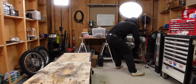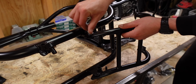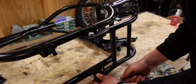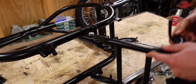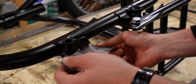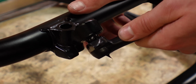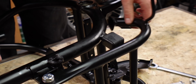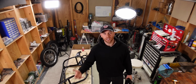Here's the freshly powder coated frame, makes such a big difference compared to before. So what I would like to start with are the center stand and the side stand. This looks nice. Okay, so the stands are back on the bike, so we can move on and install new